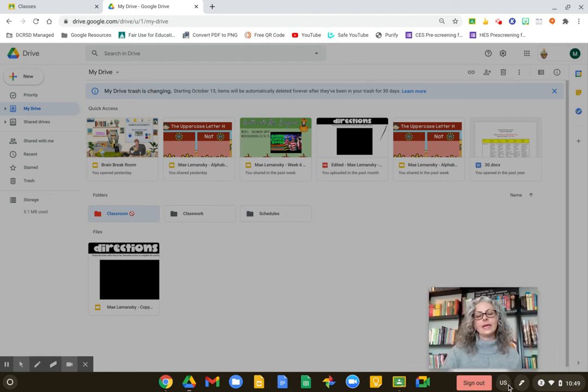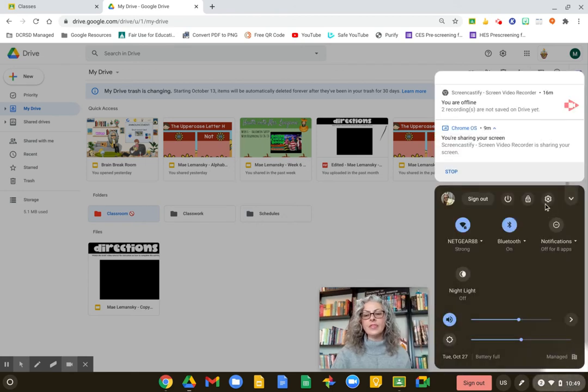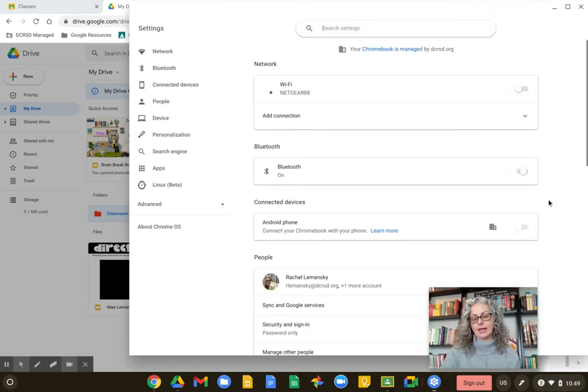if you're on your Chromebook, you might not see this circle down at the bottom that says US, okay? If you want that, you're just going to go over to this menu in the bottom right corner, where your battery and your Wi-Fi signal and the time of day is shown. You're going to click on that little menu bar. Then you're going to go up to your gear, your settings, and click on that. Then you're going to go over here to Advanced,